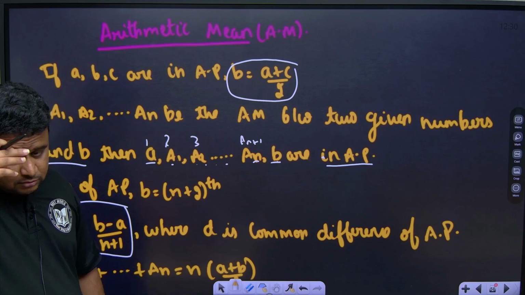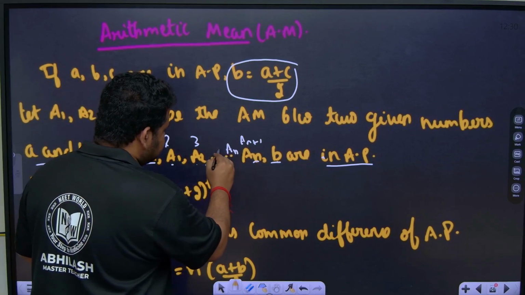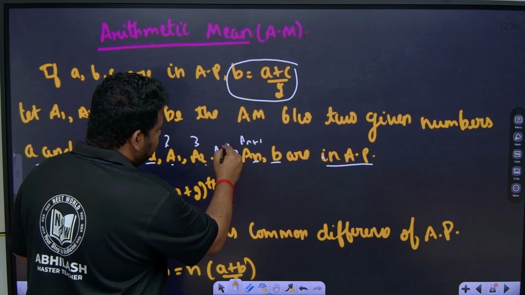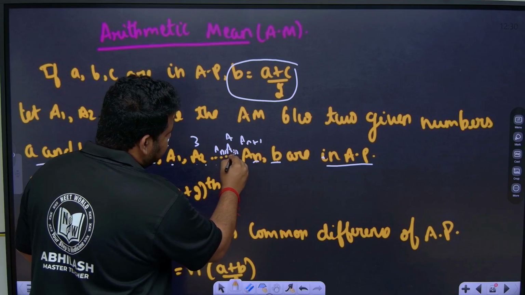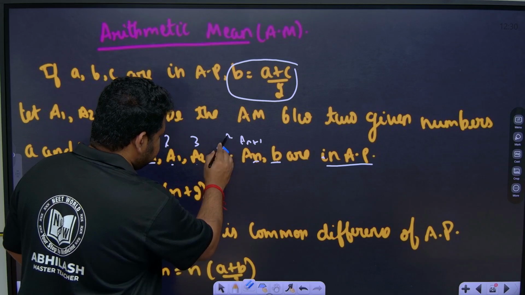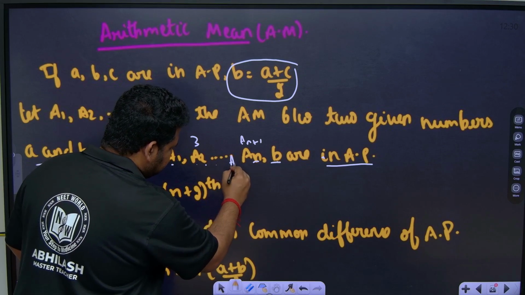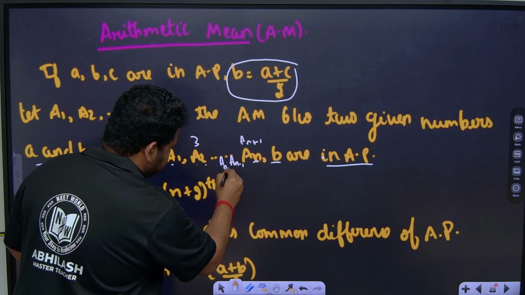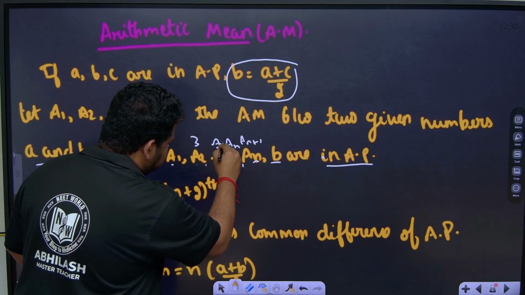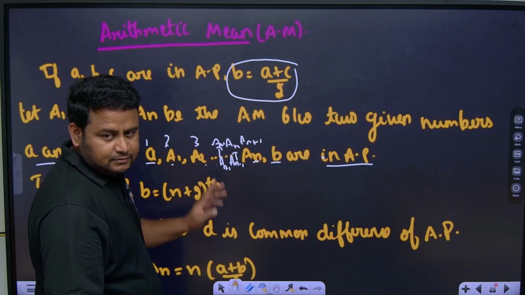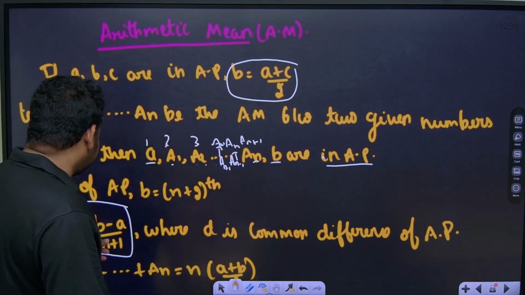Now, this one will be the last term. If this is An, this will be An minus 1, and this will be An minus 2. But actually, An minus 1 term will be An, in terms of counting the number of terms. So the common difference is B minus A divided by